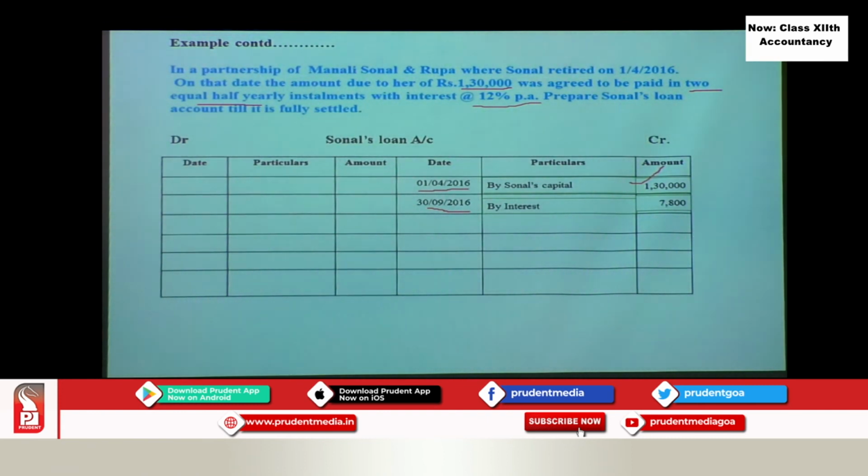So how much is the loan now? 1,30,000 plus 7,800. But we are not paying 1,30,000 now, we are paying only part of it, that is half the amount. So 65,000 plus this interest you have to pay. So when you pay, the loan will decrease, so you debit it. Okay. So how will it appear? On the same date, that is the payment date, to bank, 65,000 plus 7,800 will appear there as